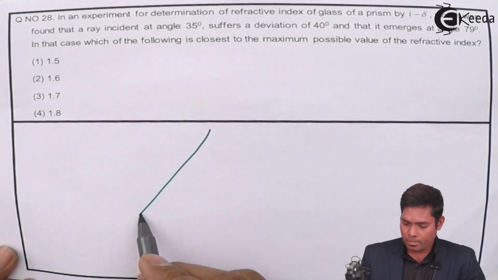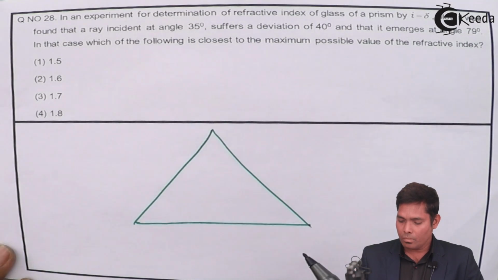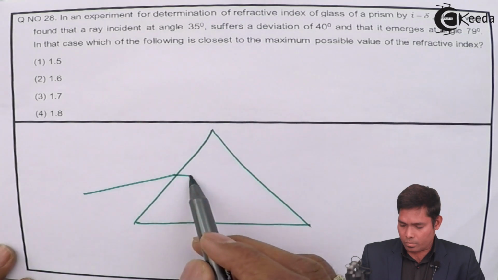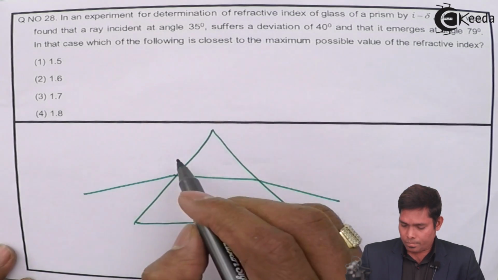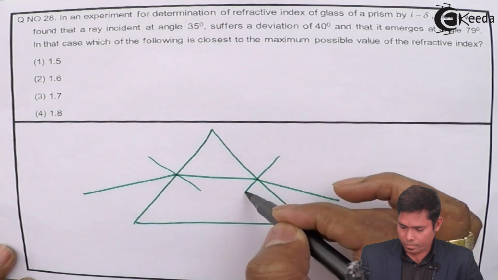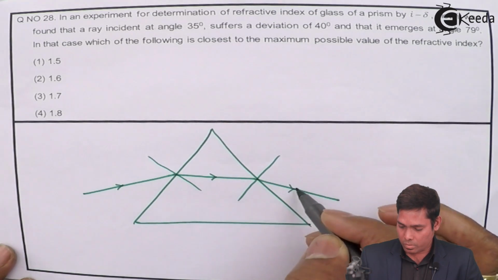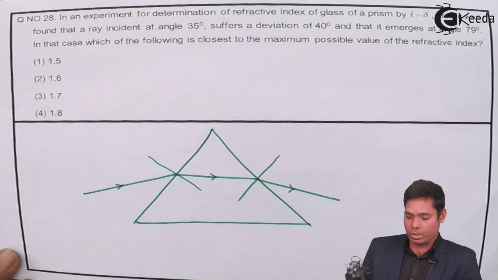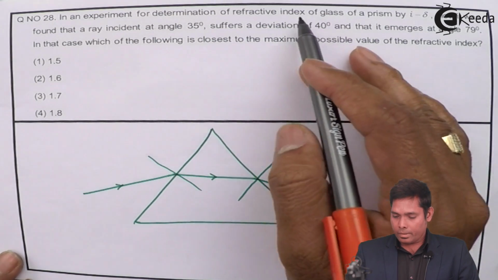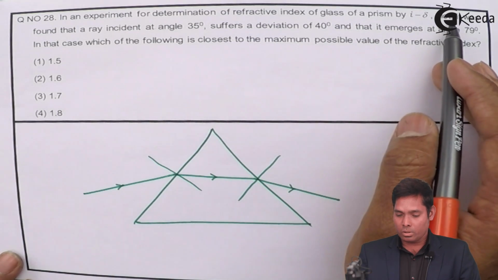So there is a prism, and this is how the ray goes through the prism. We have a plot of graph of I delta plot. It was found that